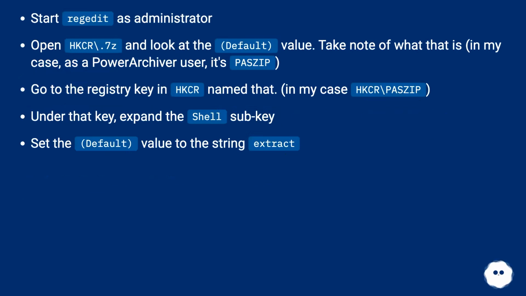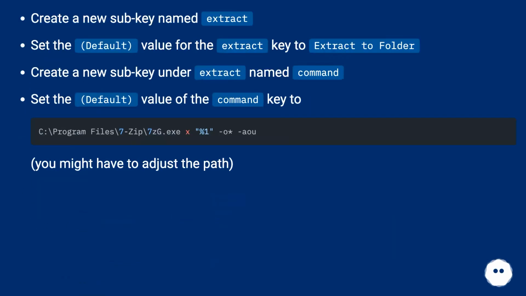In my case, as a PowerArchiver user, it's PowerArchiver.zip. Go to the registry key in HKCR named that. In my case HKCR\PowerArchiver.zip. Under that key, expand the shell subkey. Set the default value to the string extract. Create a new subkey named extract. Set the default value for the extract key to Extract to folder. Create a new subkey under extract named command. Set the default value of the command key to: